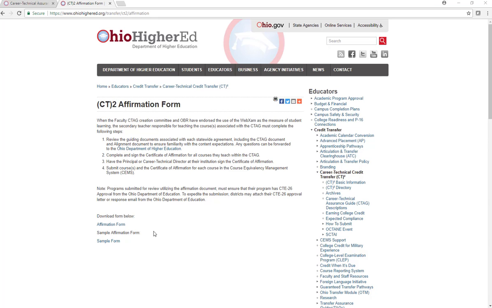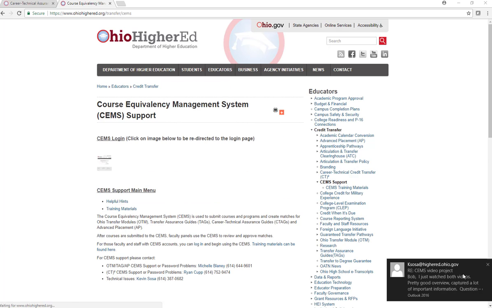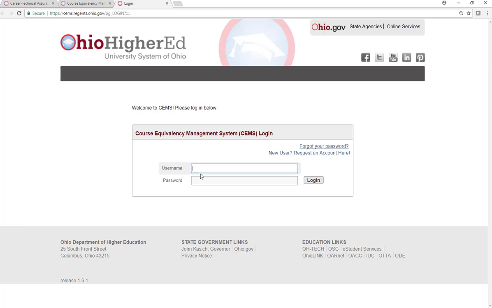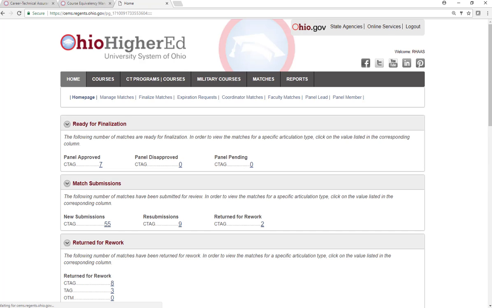once I have downloaded the affirmation form, I click on to CMS Support. CMS Support is a login, password protected site. I click on CMS Support, and then this icon, this image below CMS Login. I enter my username and my password, and you get the username and password through the process that we outlined in the documents that you were sent. That's not something you can set up quickly. It doesn't take that long, but you should have that ready to go before you try to submit anything. So you're going to log in,